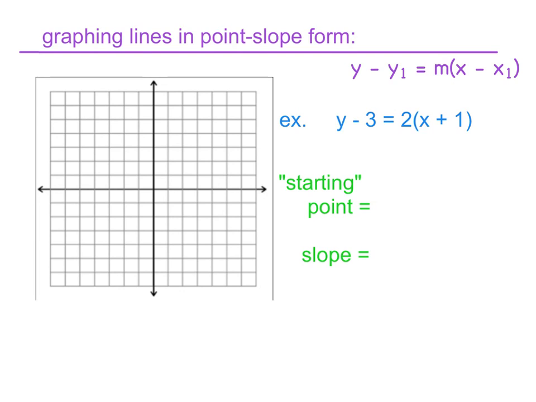And the same thing holds for the y. You're going to be tempted to say, oh, it's at negative 3. But again, the minus sign has to be there, so the y value is just the 3. Okay? An easier way of looking at this